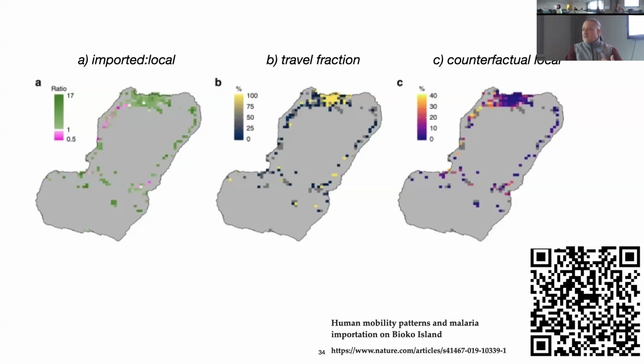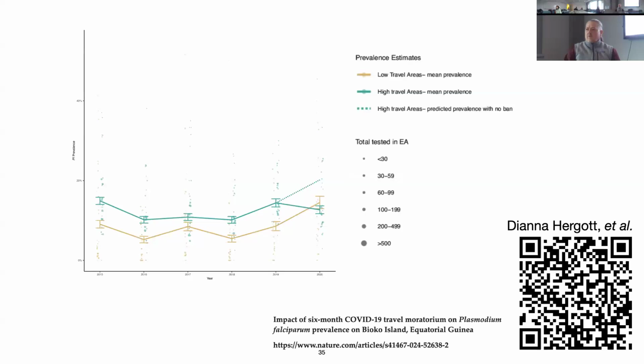Well, it turns out the COVID epidemic came along and provided this really interesting opportunity. But remember, malaria is going up and down for other reasons. Rainfall, changes in rainfall, whatever. I was on her thesis advisory committee, and she came in with mad skills and did this difference of differences study. And I'm not going to do this justice. I hope at some point you'll get to hear Diana talk about her own work.